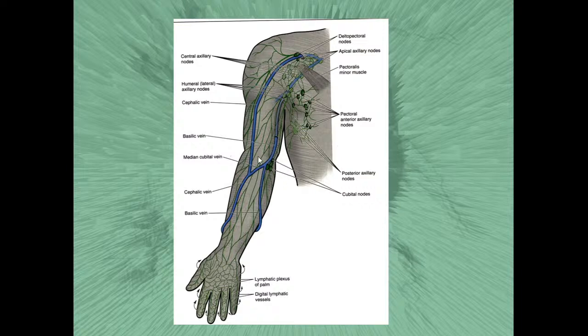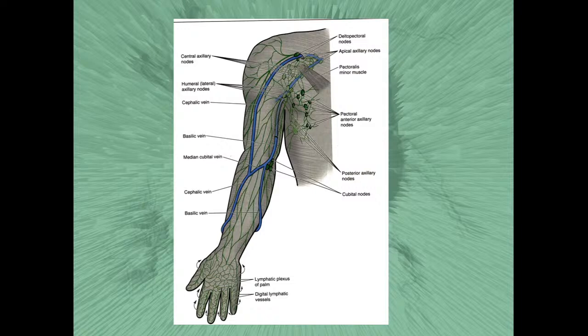The first group of the regional lymphatic nodes is represented by the cubital lymphatic nodes located in the cubital fossa. Then through the lymphatic vessels lymph gets to the second very important and very big group of regional lymphatic nodes